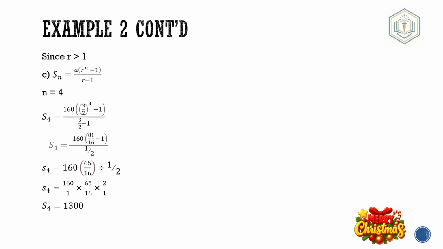That will give you 160 open bracket 65 over 16 close bracket, divided by half. So we have 160 over 1 times 65 over 16 times 2 over 1. So our S subscript 4 is